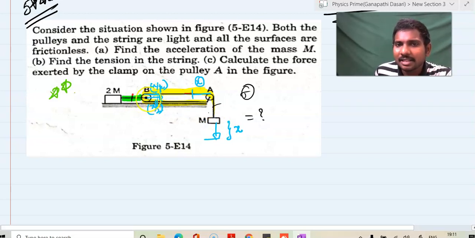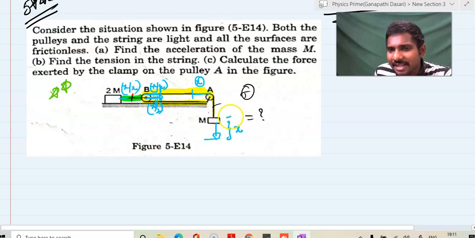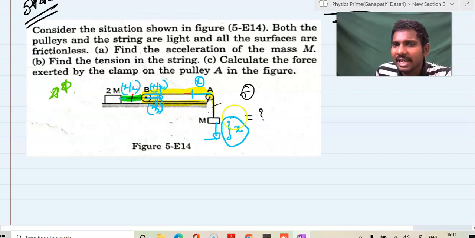That means this pulley will only go in the forward direction by x by 2, and this block will go forward in the direction x by 2. That means because the same x distance has come from two strings in this pulley, the two strings will equally supply this x distance, x by 2 and x by 2, and it will be equal to x. That means this pulley will go forward only x by 2 distance. That is, this 2m block will go forward only x by 2 distance, which conveys that this m block goes x distance down.